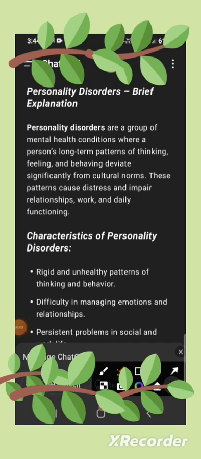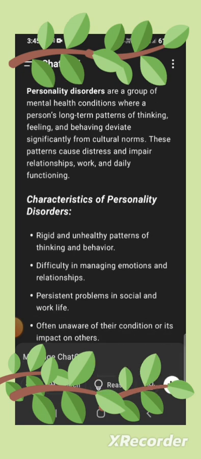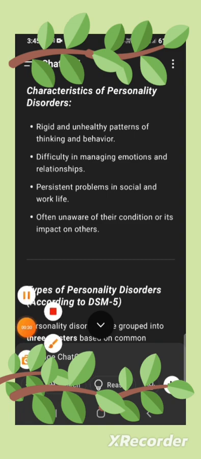Personality disorders. Personality disorders are mental health conditions where a person's long-term patterns of thinking, feelings, and behaving differ significantly from societal expectations. These patterns cause distress and impair relationships, work, and overall functioning. Key characteristics of personality disorders: